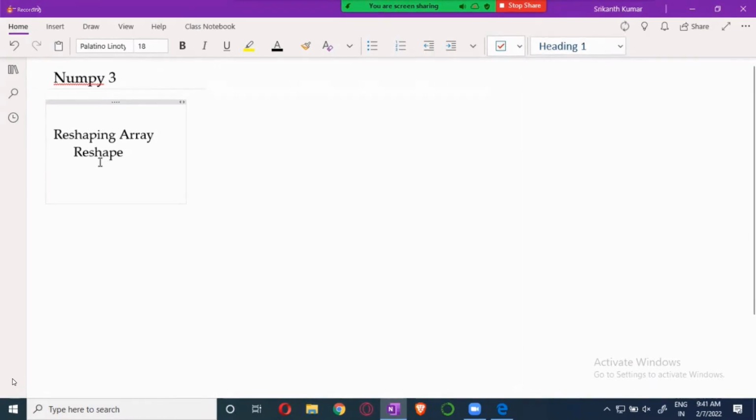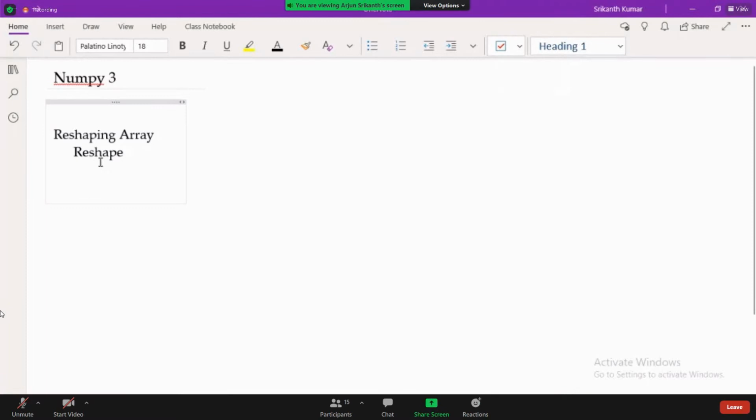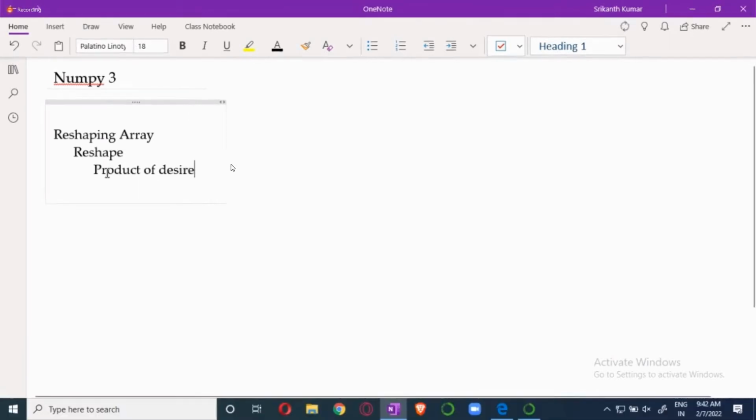Now here the condition will be like this. You have to call this one using the array. Okay, you will be calling using the numpy array, and the product of the desired shape should be equal to the size of the array. New shape, in other words I can say it as a desired shape, the new shape of the array should be equal to